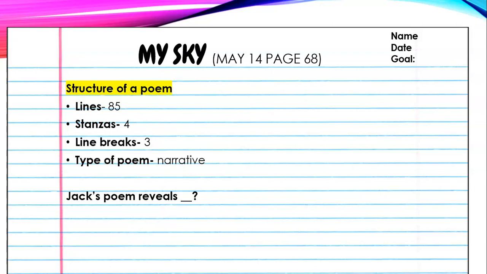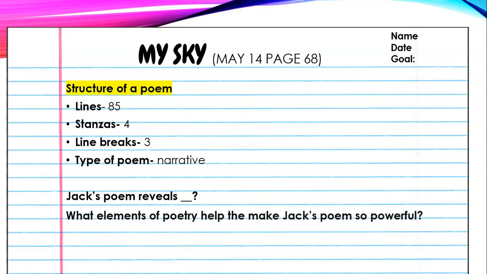So it reveals that he really cared about Sky, right? He tried to save his poor dog. Remember when he said, Sky? And of course, Sky was chasing the ball, and it didn't see the car. So we can tell that Jack really loved his dog, right? Next question. What